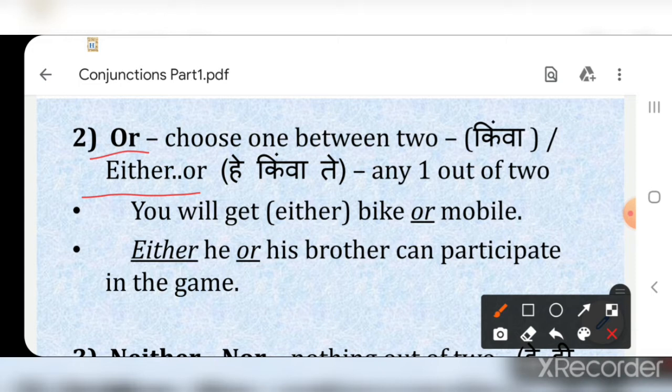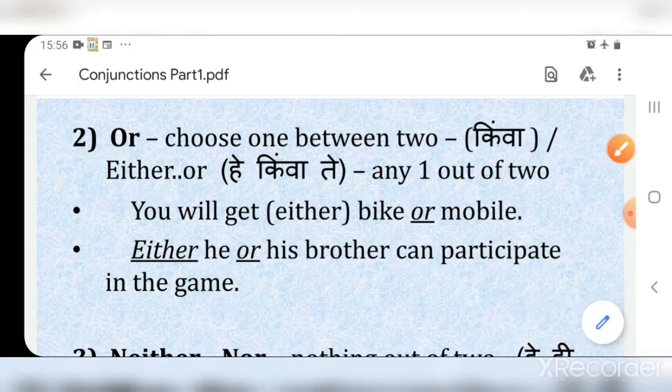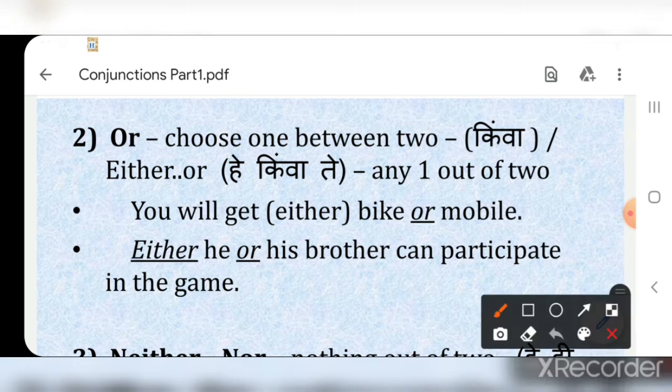Okay, that means any one out of two, its meaning is. And meaning of and is both. Okay, that means two out of two. Now here the example is, you will get either bike or mobile. You can directly simply say, you will get bike or mobile. But again, to emphasize, you can get either bike or mobile. Okay, that means you can get